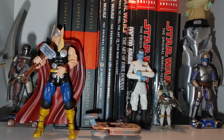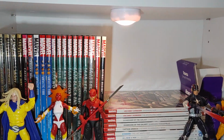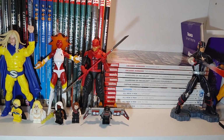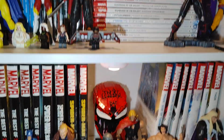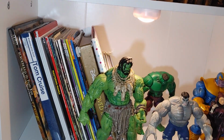So right now it's just 6 of these bad boys. I really can't do more than 6, so I have to make sure that as I keep adding books, they just fit well, and we'll probably have to get rid of all the action figures somehow. Either put them away, sell them, trade them, whatever. The only